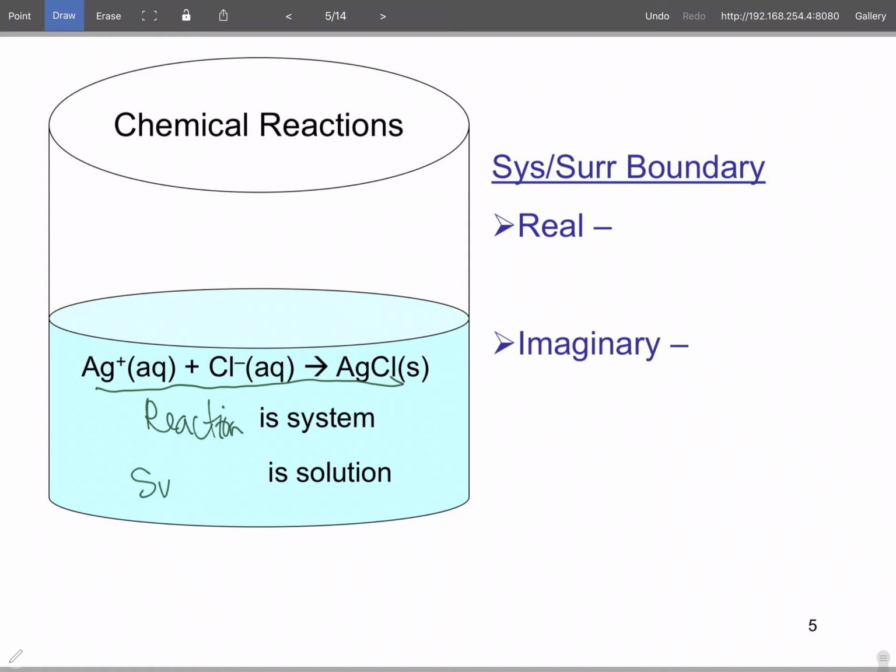And the surroundings in this case will be the solution. So its surrounding is mostly water. So you can have real boundaries, so a glass of the beaker, the styrofoam of a cup,